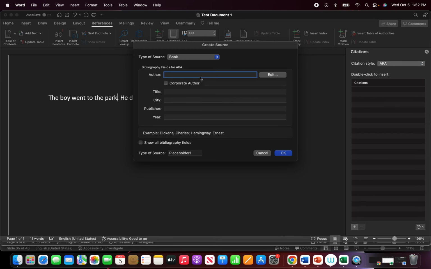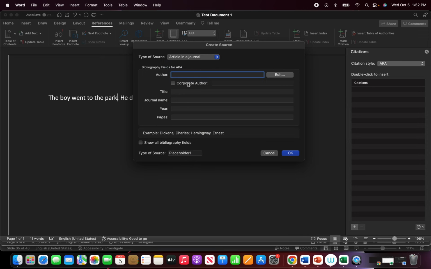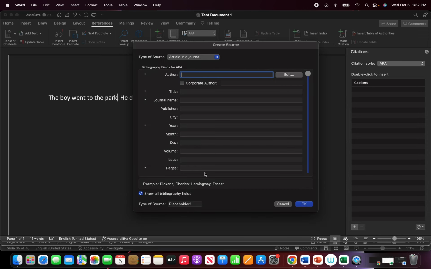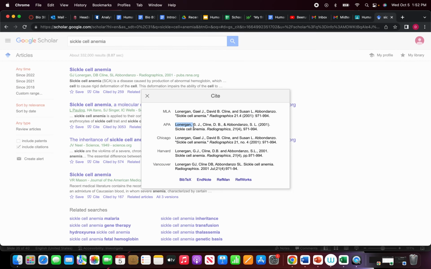But if you want to add citations, you have to go back. If you delete it, you have to go back and insert everything. But you also need the proper source type. So the journal is also important because the proper fields will come up depending on the source type. So let's go back here and cite this document. Go to APA,